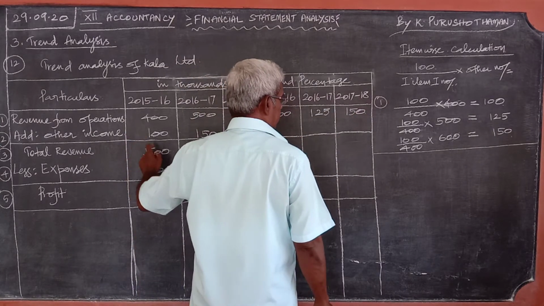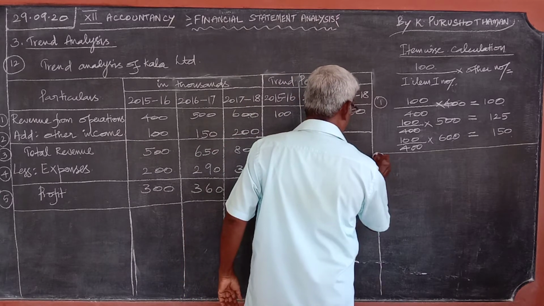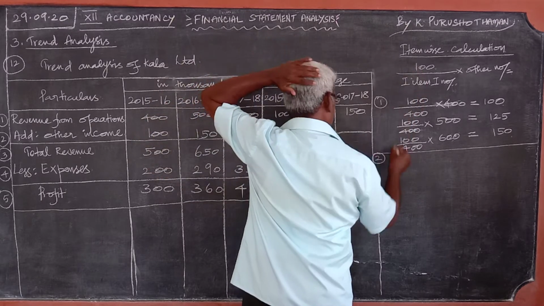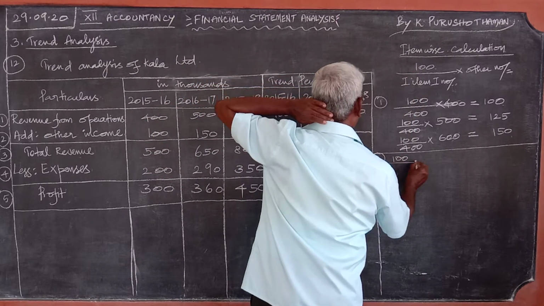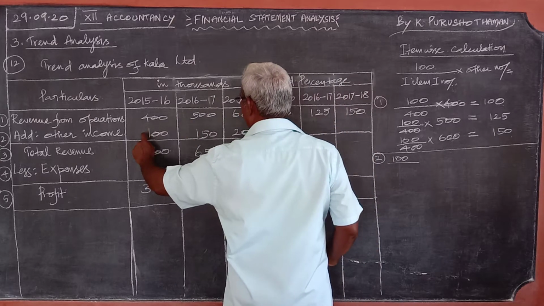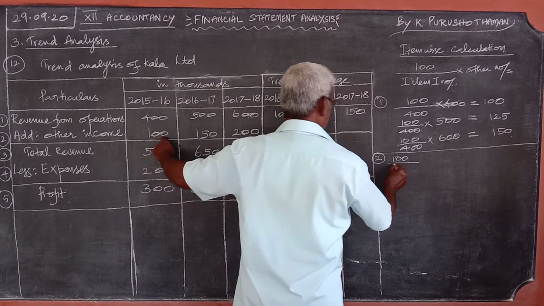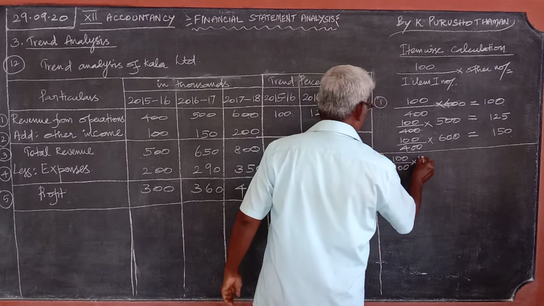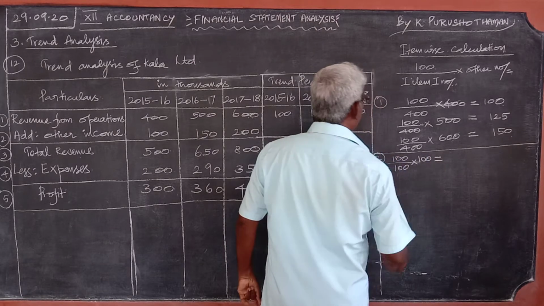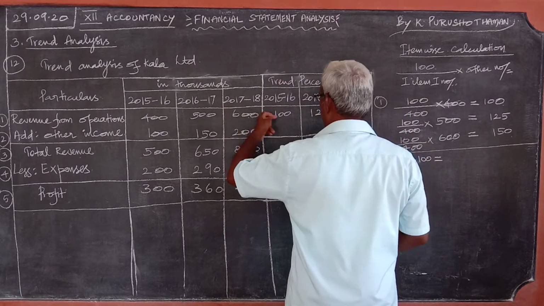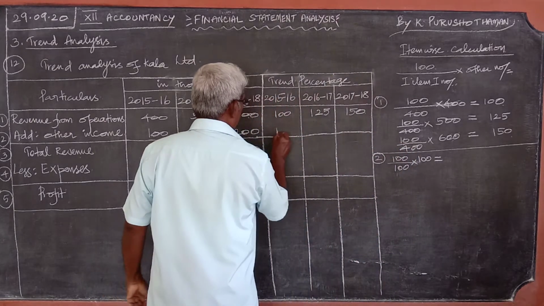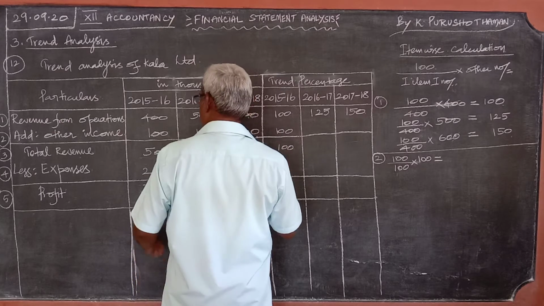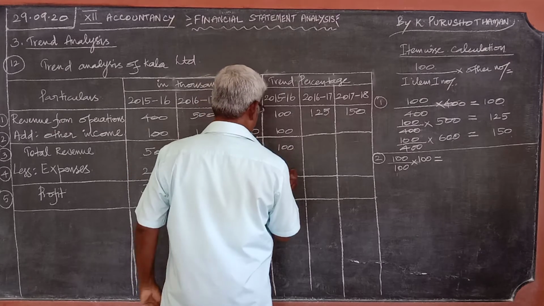Then for the second item, item wise we are comparing. See what I have written: 100 by the first item. In the second one, first item, 100 into the number is 100 for the first one. Or else we need not find it for the first item; we can write simply 100 for all of these. We can reduce the space. For the first item, 100.